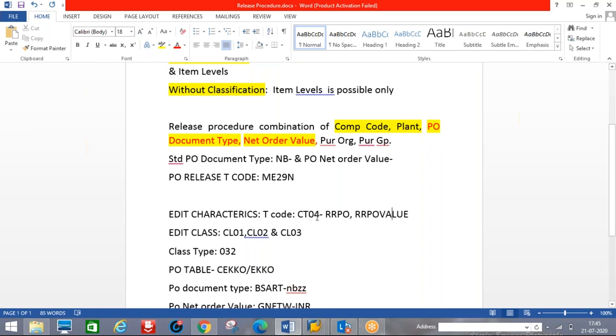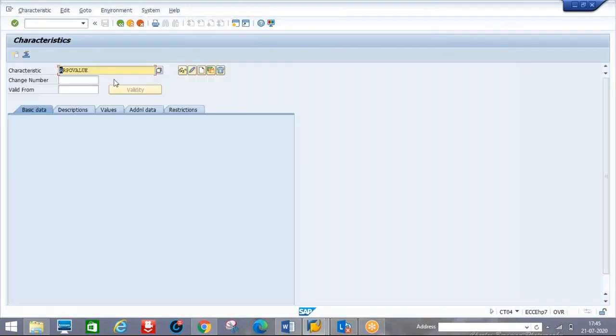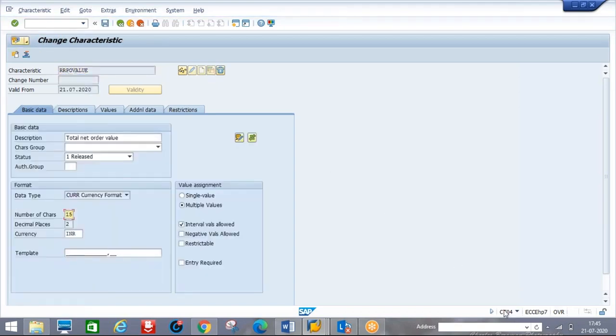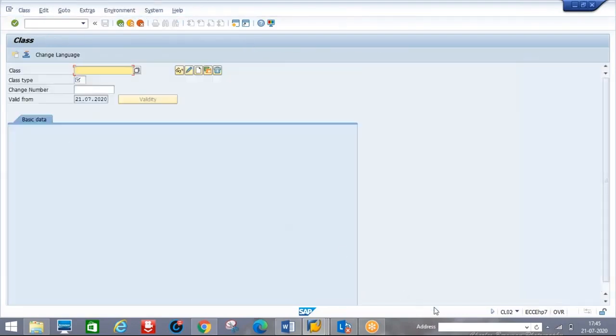Creation, change... I think CT04 changes everything here, I think it's the same. Now we'll go back to edit classes. Just click this one. When you click this one, CL02, it will be there. You just enter here